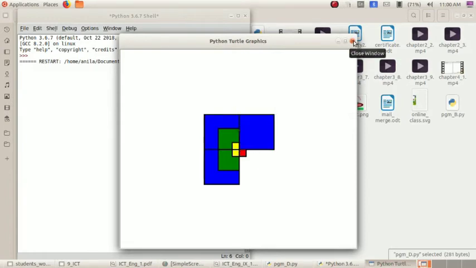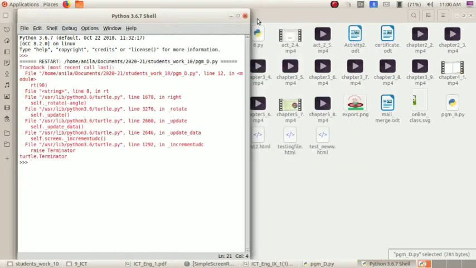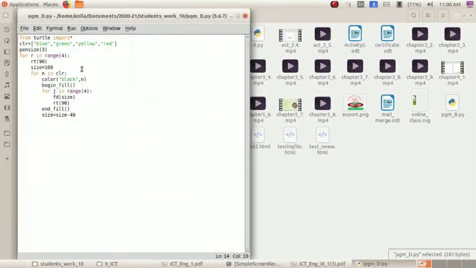Now I am going to make another change. I am going to add a few more colors, orange, pink. Now saving it, I am changing this size 40 to size 10.